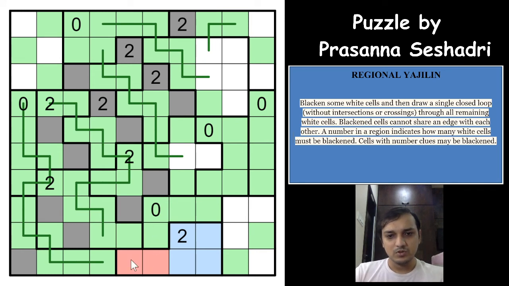okay, so I cannot shade this cell now. If I shade this cell, this cell will be stranded, because this will connect to this group and this cell will be stranded, right? Which means that I can directly shade this cell and unshade this cell, and it will go this way, right? So now you can see that this loop is closed here, which cannot meet this way, and it has to meet this way only, right? Excellent logic. So we have solved that in a logical way, instead of using the uniqueness thing,